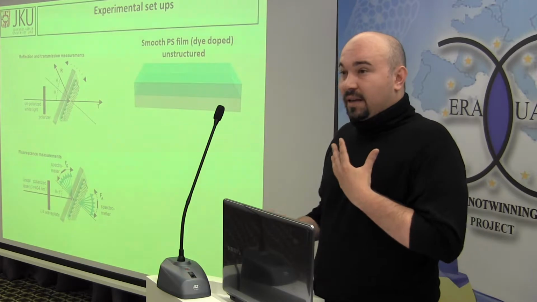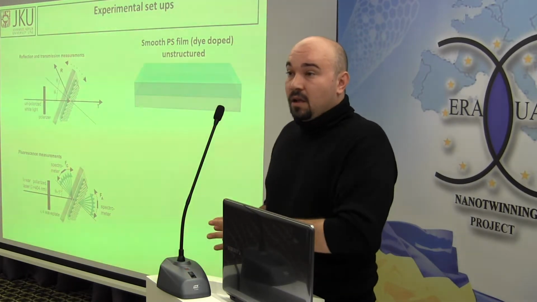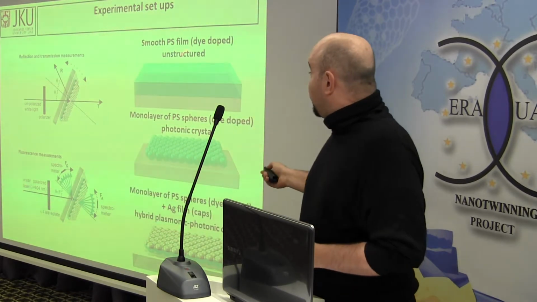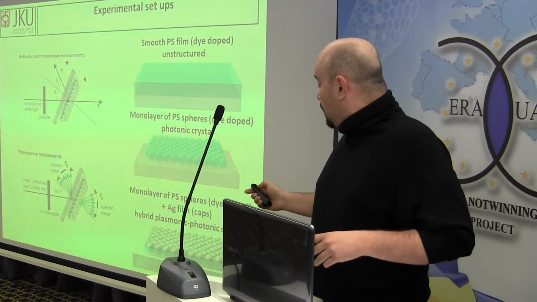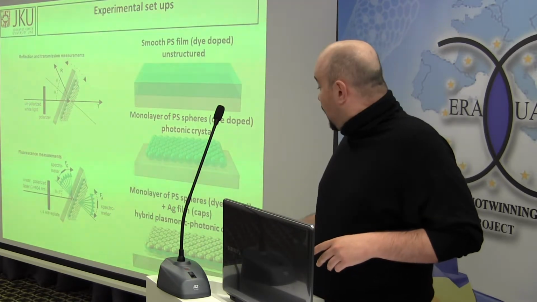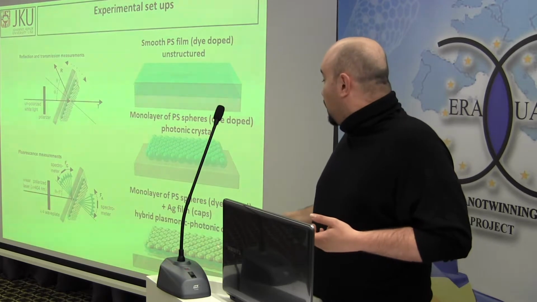In order to understand exactly how our photonic plasmonic crystal will reshape the fluorescence, we have three kinds of reference samples. The first one is an unstructured dye-doped polymer film. The second one is a photonic crystal, the monolayer of polystyrene spheres. And the third one is our hybrid structure, the silver-capped